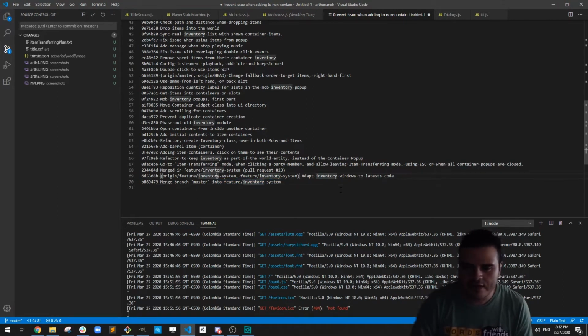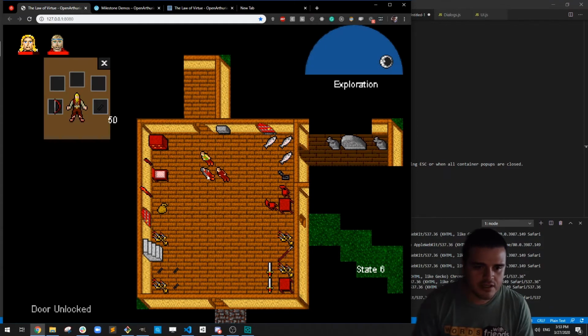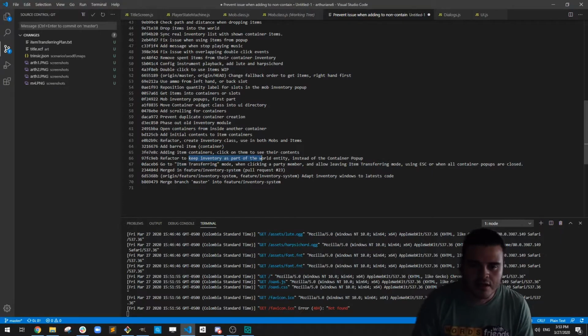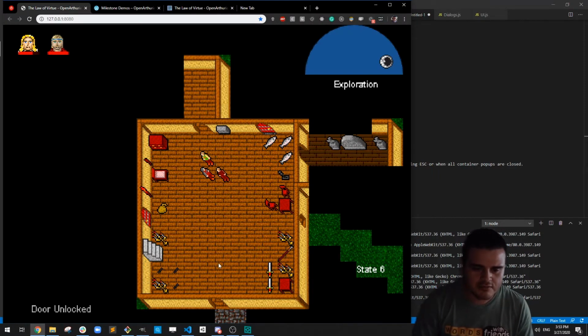As I say, we have a new system of inventory window, including an item transferring mode. If you have several party members, you can click your party member and get the inventory from that party member. Item containers, barrels, heavily refactored stuff, containers with an initial content. So for example, that box that was down there,